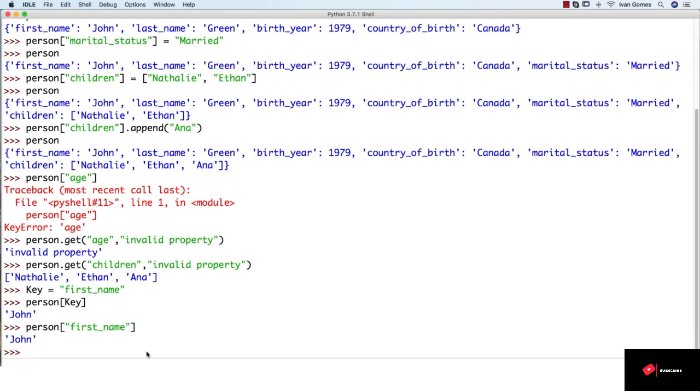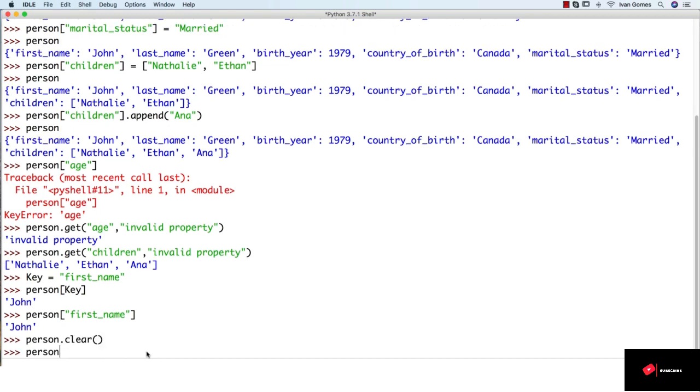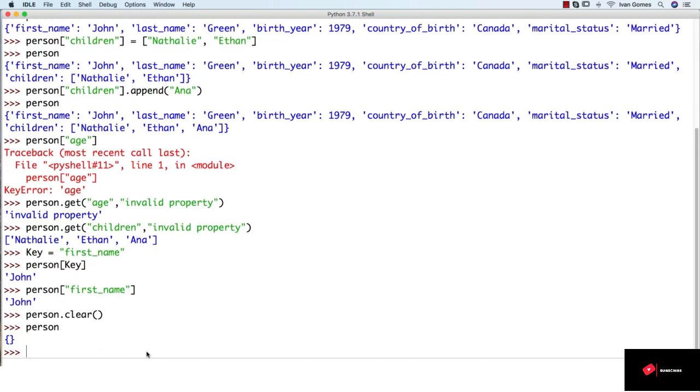To finish this lesson, let me just show you how to erase all information from a dictionary. So we can just do person.clear. Okay, now we're ready to move